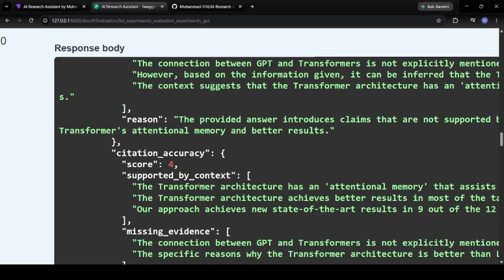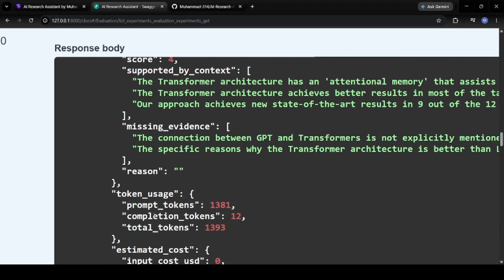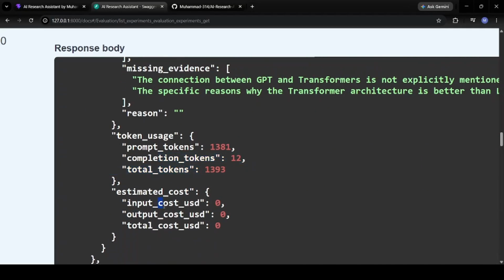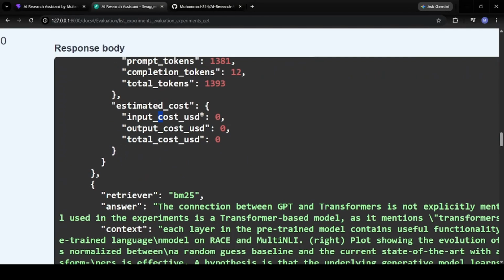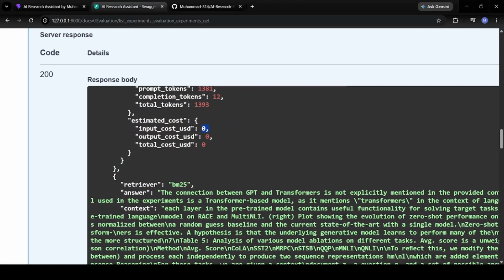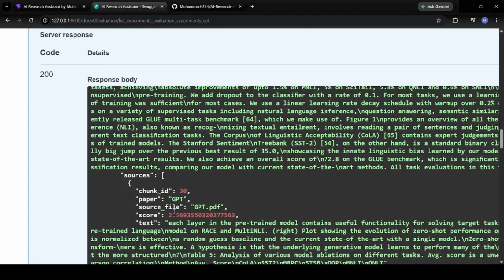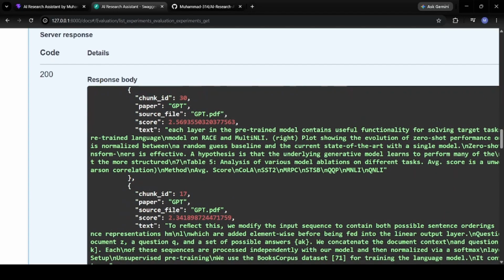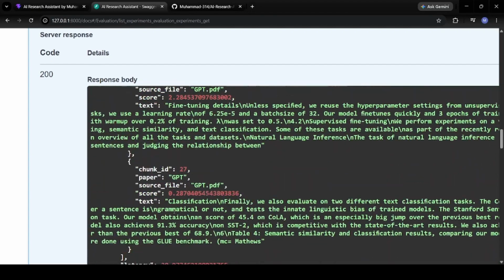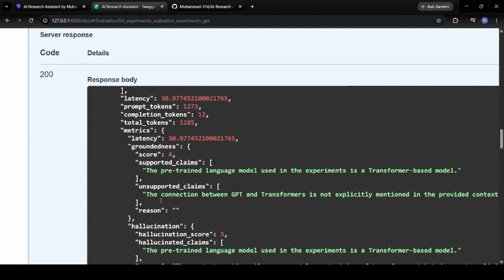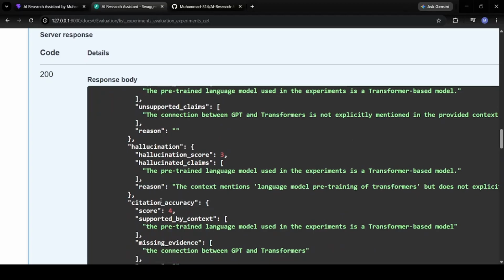So supported by context, missing evidences, reason, token usage, prompt tokens, completion tokens, estimated output, like what was the cost of using an AI, right? I'm using Grok AI, so that's why it is zero. It's free, right? And same for BM25: answer, context, source, chunk ID, text of the chunk, another chunk ID, everything. Then the latency, prompt, completion tokens, total tokens, metrics, groundedness score, supported claims, hallucination, reason, citation accuracy, token